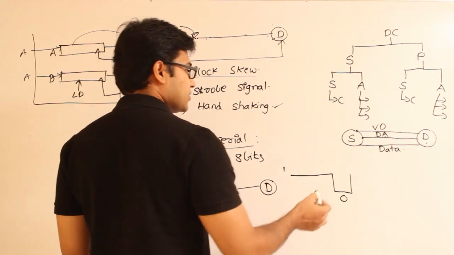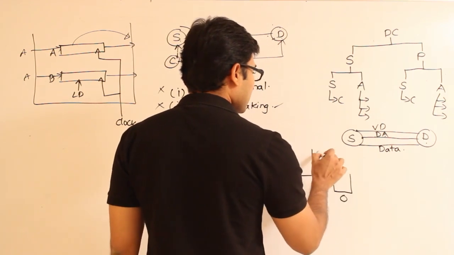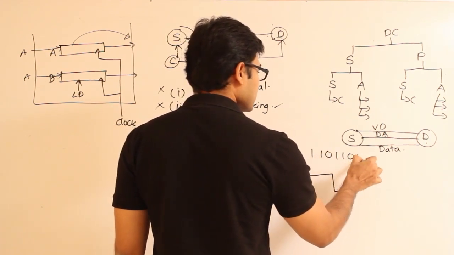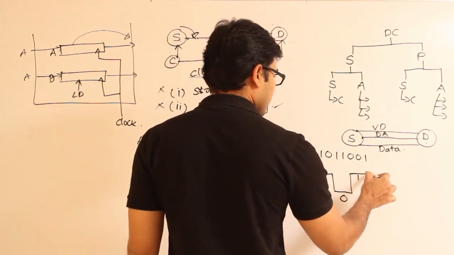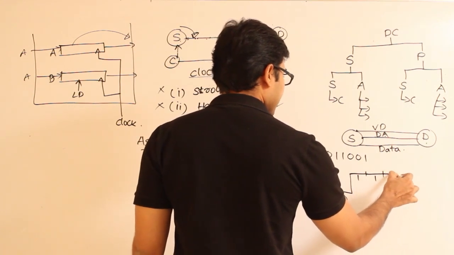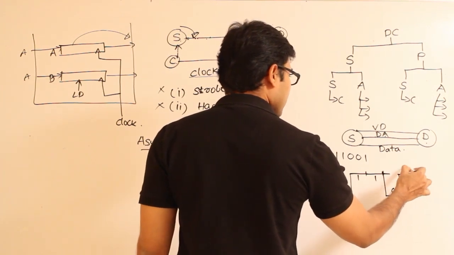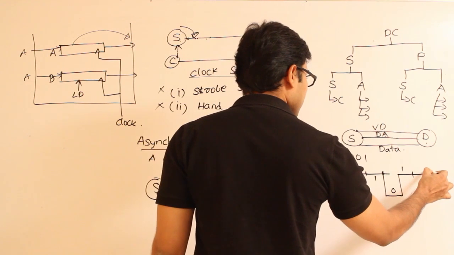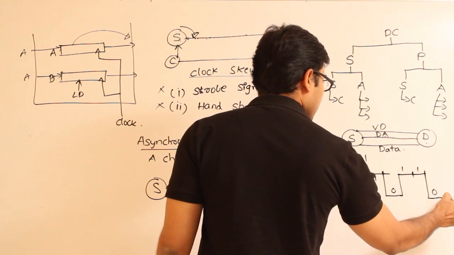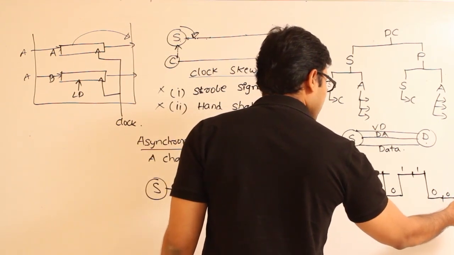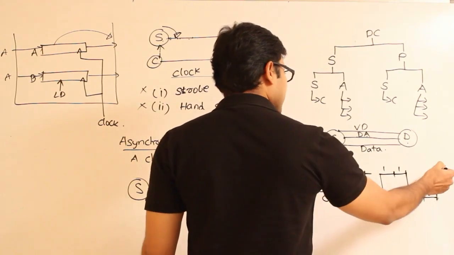And after that you are supposed to send the data, based on whatever data it is. Let us say you want to send the data 11011001, something like this. Okay, now 1, 1, 0, and then 1 and then 1, and then 0 and then 0 and then 1, right? And after you are done with the transmission,